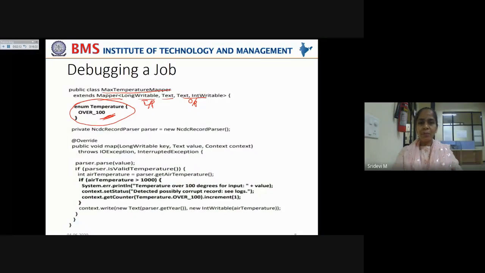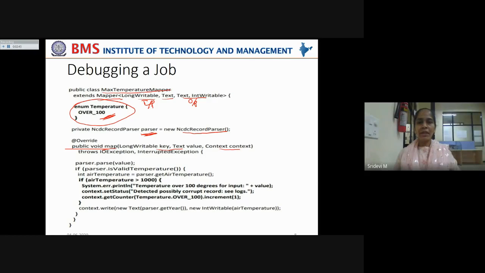Now, you use a parser variable, private NcdcRecordParser. You create a new instance of this NcdcRecordParser, which helps us to parse through the NCDC records or the input splits. Okay, so for that we are creating a parser object, and now you create a map function, public void map, which takes the key value pair as input and packs the output into a context object. This also we have seen in our previous sessions.